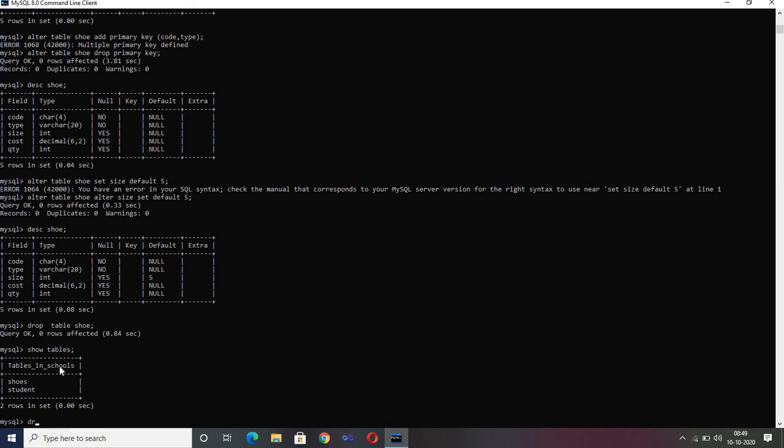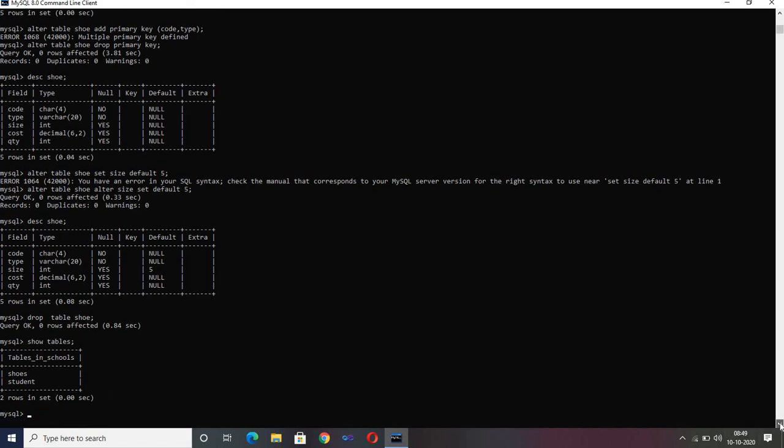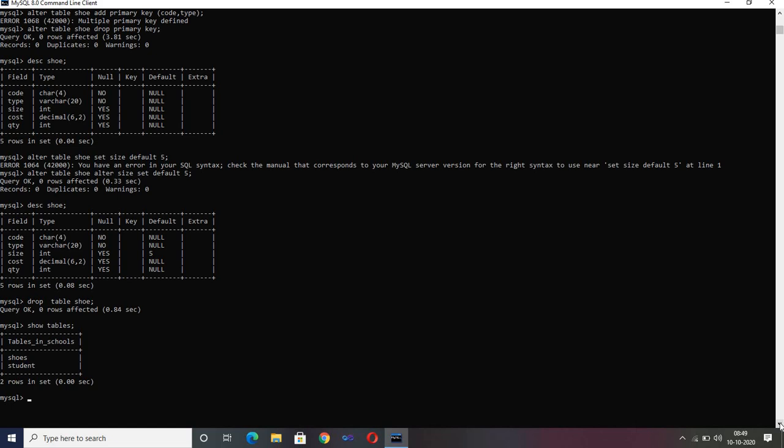Similarly, we have created a database named school. If I want to delete this database also, I can use the word drop database. No, I am not going to perform this, but drop database and write schools over here, and when I press enter, your complete database will be deleted, including all these tables. So I am not performing this action over here. So these are your DDL commands. Next video we will start with DML commands.